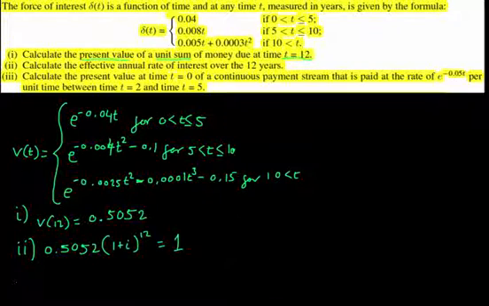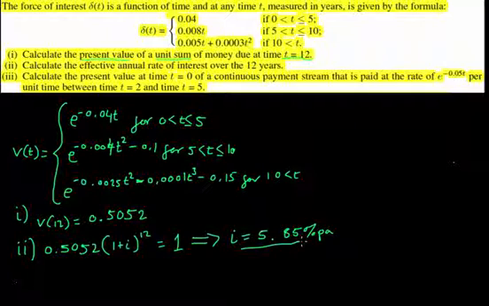So we need an effective annual interest rate of 5.85%. In this case i equals 5.85% per annum. So far we've got 2 out of our 3 parts, which is most of the marks anyway. And now calculate the present value at time t equals 0 of a continuous payment stream